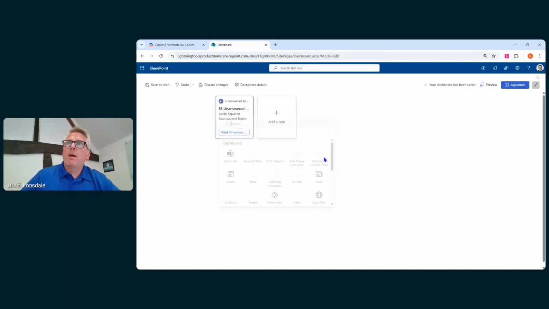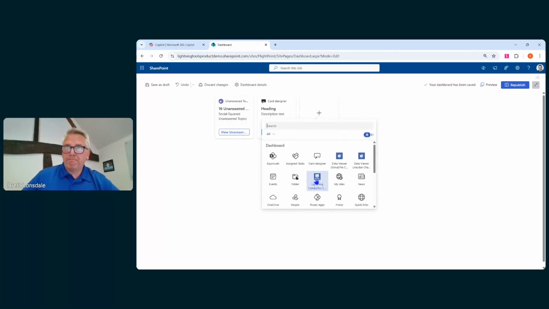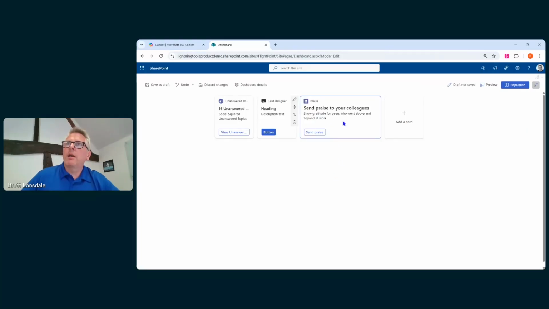and we'll be able to view those once we've published this web part. But you've also got the card designer. So if you wanted any heading with any text and a button that performs something, you can do that. And there's numerous different things that you can display on there, like the ability to praise colleagues and things like that. So if we hit